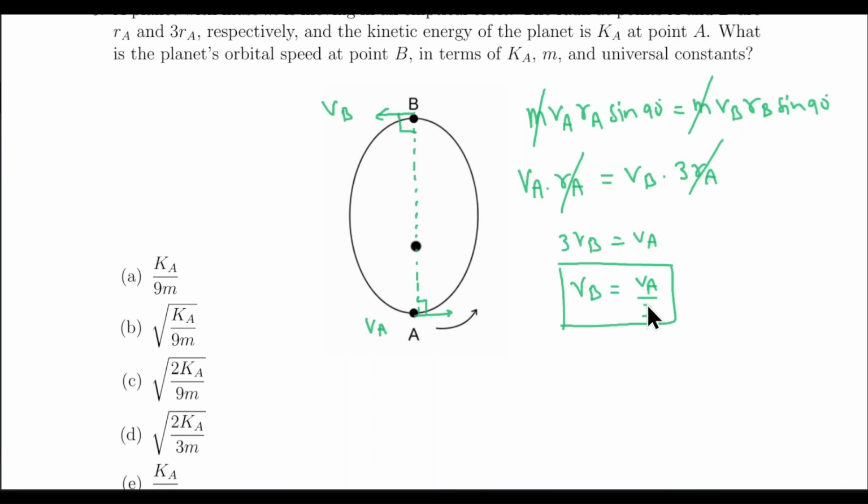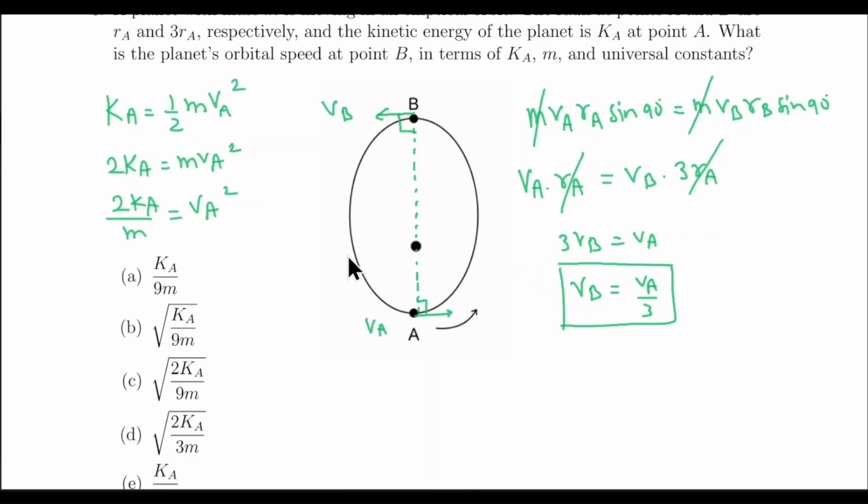Now, what is the kinetic energy then? Kinetic energy at B is going to be half m. Sorry, they are looking for orbital speed. Never mind. They are looking for orbital speed. So we need to convert or rewrite VA in terms of kinetic energy. We can do that because kinetic energy at A is half m VA square. So 2Ka is equal to m VA square. So 2Ka over m is